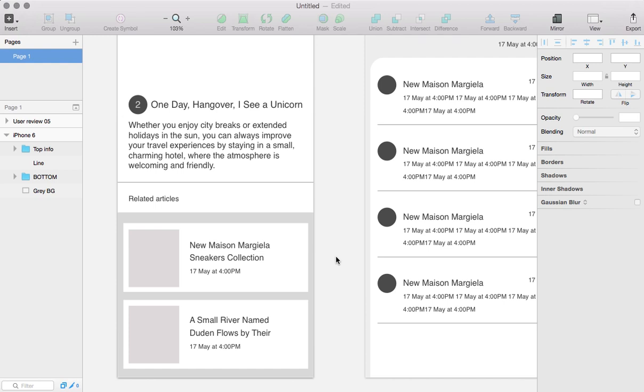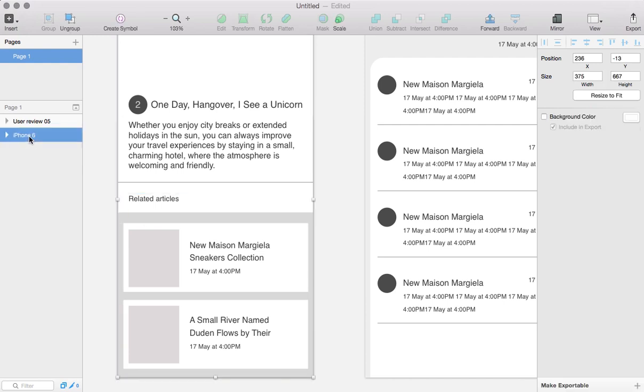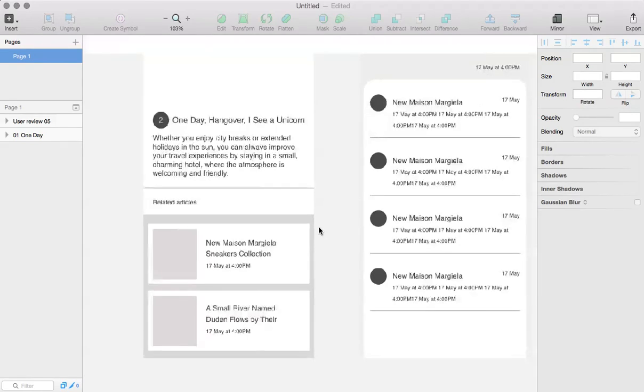It will help you a lot to have all your layout organized, and you can even rename your artboard, and let's say this is number 2 or number 1 artboard, and it's going to say 1 day. It doesn't matter how you call it, but it has to make sense to you, and if any other people open your file, they will understand what you're doing inside of it. So it helps you and others